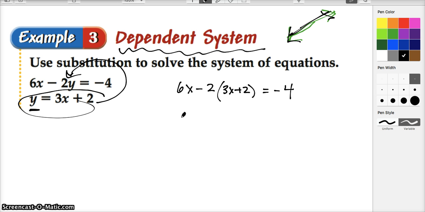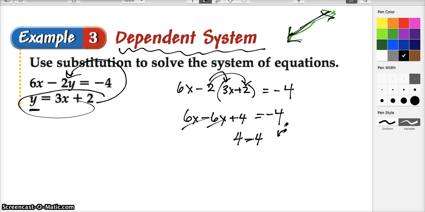And now I'm going to distribute through: 6x minus 6x plus 4, right? Negative 2 times that is negative 6. This times that is equal to negative 4. And now I'm going to join some like terms together. So these guys come together and they cancel each other out. Then I get 4 is equal to 4. Oh. When I have an identity,